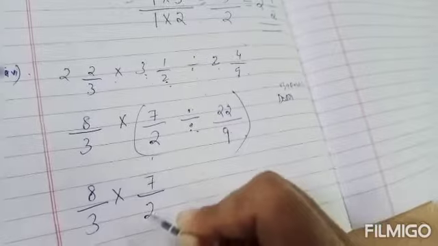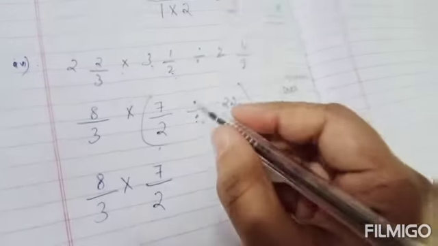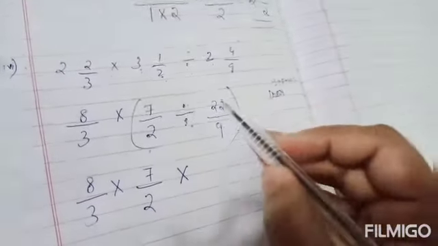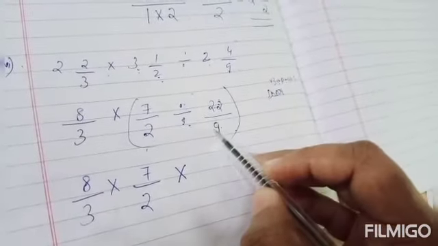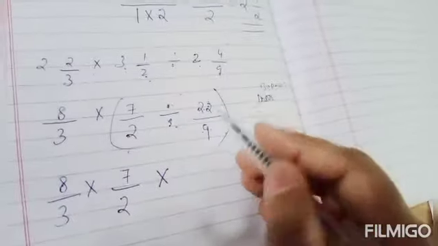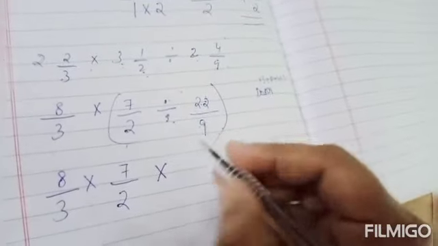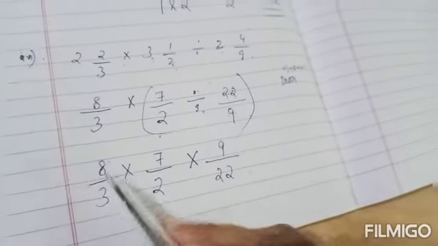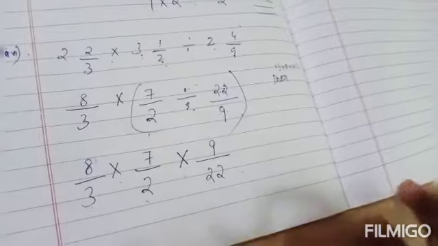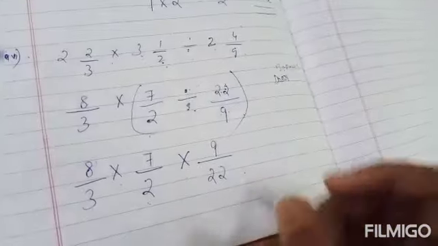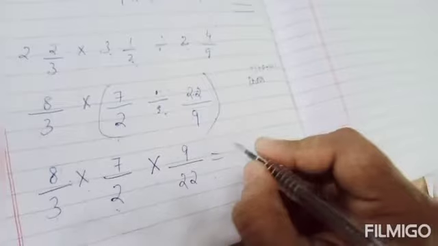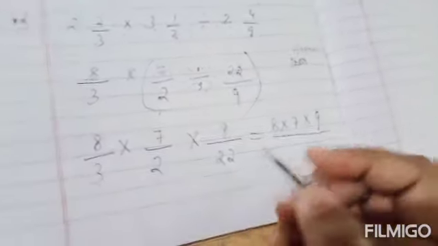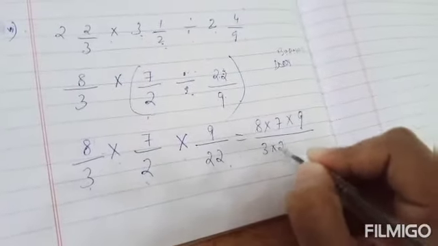Write the dividend 7 by 2 as it is. Now the division sign, change it to a multiplication sign. Now the divisor 22 by 9, replace it by its reciprocal. Okay, 22 by 9, reciprocal is 9 by 22. Okay. Now 8 by 3 into 7 by 2 into 9 by 22, you can multiply. First find the product of numerators, 8 into 7 into 9, divided by product of denominators, 3 into 2 into